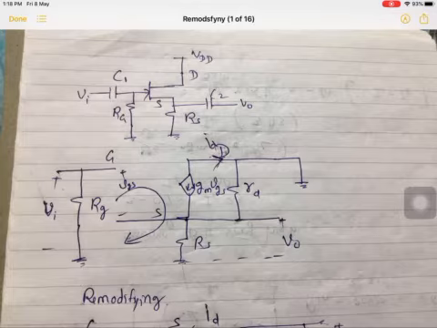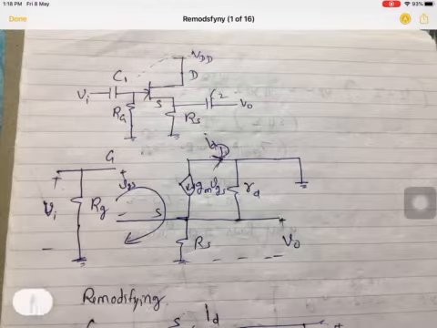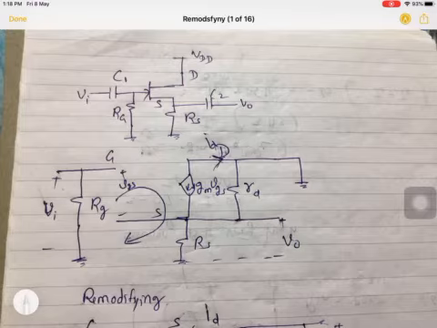In today's lecture we will discuss feedback amplifiers. So this is the circuit of the common drain amplifier. Here we are taking the output from the source and the drain is common. So first of all we will draw its AC circuit. How do we draw its AC circuit?